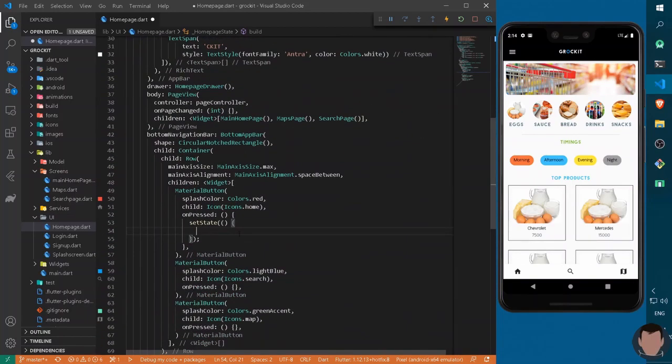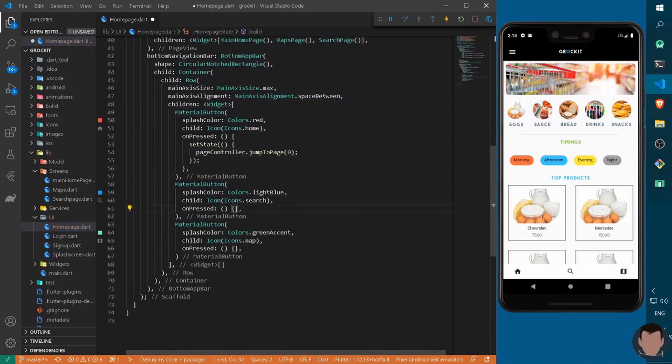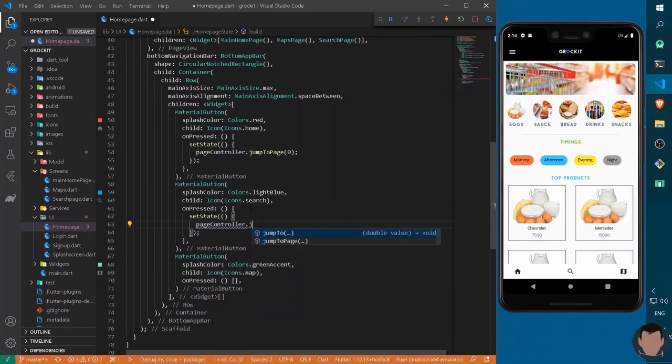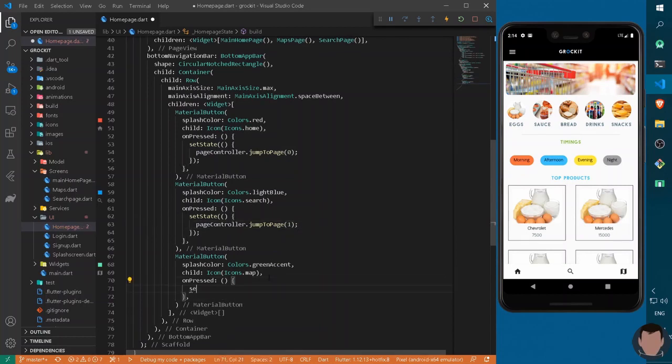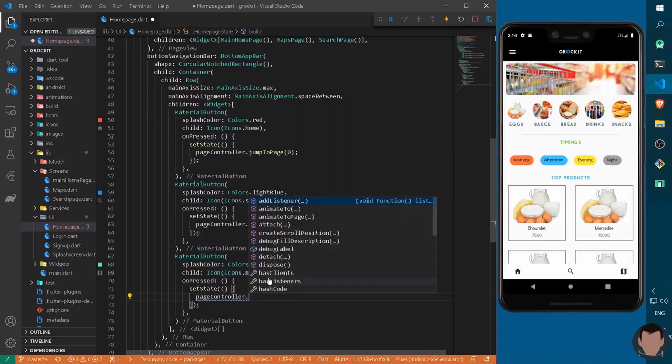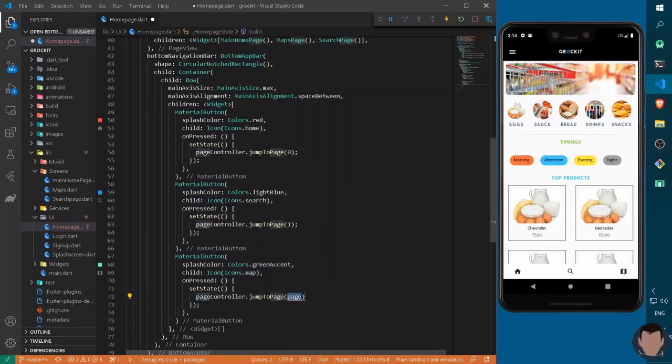So I can write here set state page controller dot jump to page 0, that is initial value for the home page, and similarly for the set state of search I can write here page controller dot jump to page 1, that is the search page, and for the last one similarly I can write a state to be page controller dot jump to page 2.